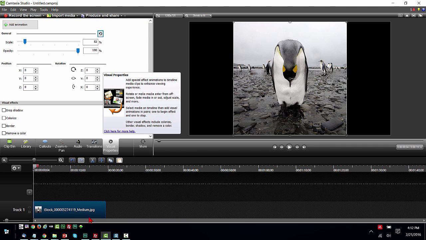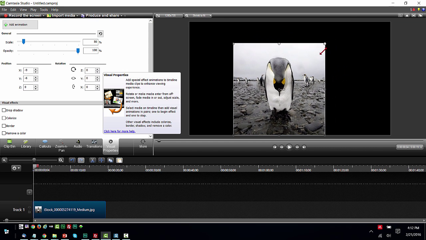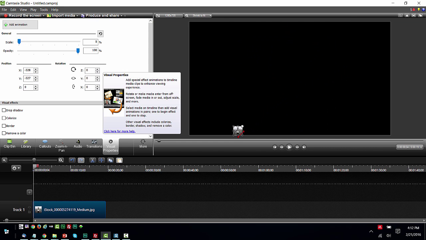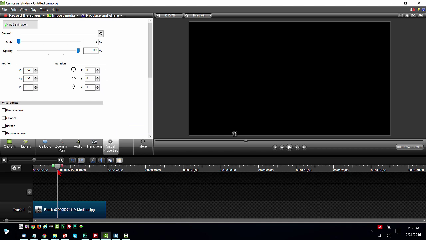And if I go to my visual properties, the first thing I want to do is to take this image, and if I grab a corner sizing handle, I can shrink it down to basically nothing. Now it's at that size. Camtasia's assuming that's the size I want it to be. So what I can do now is put the playhead perhaps in the middle here, and then I want